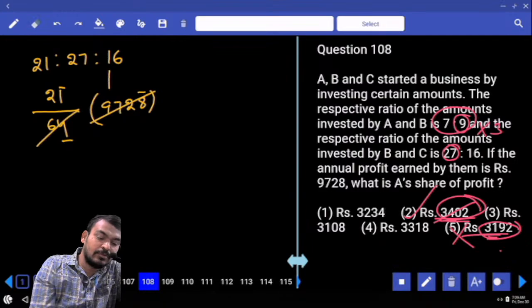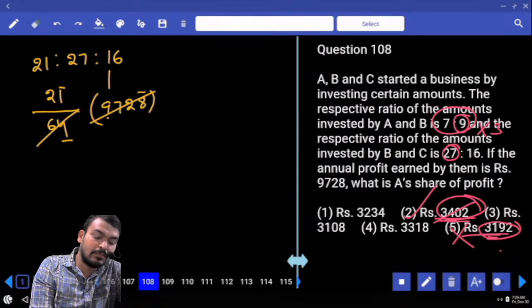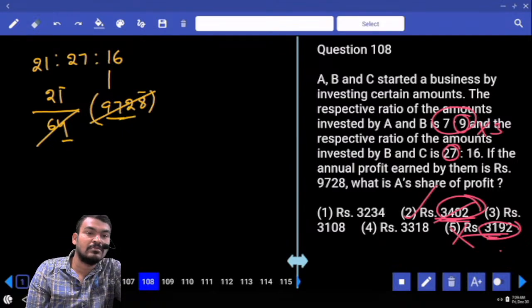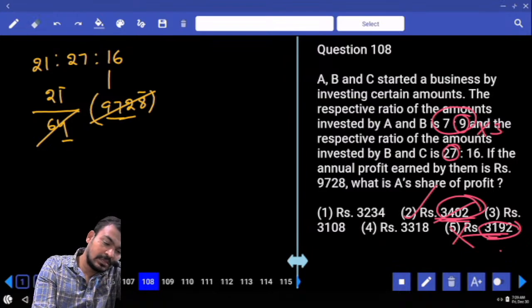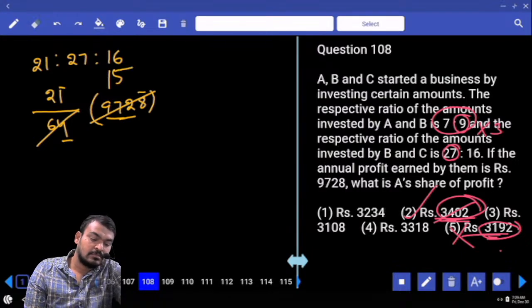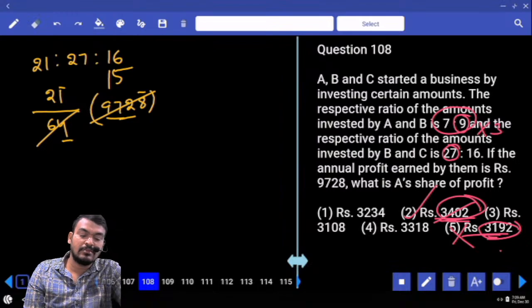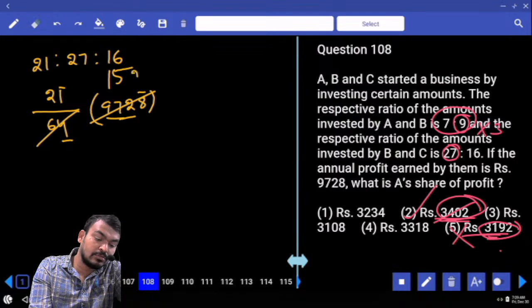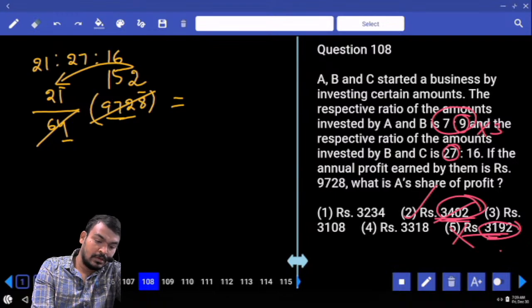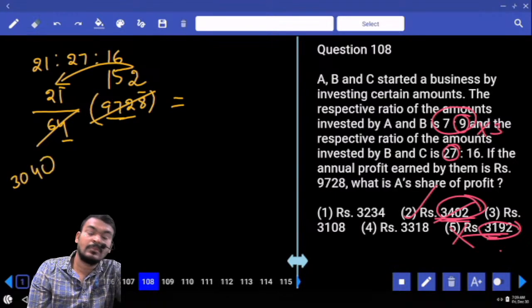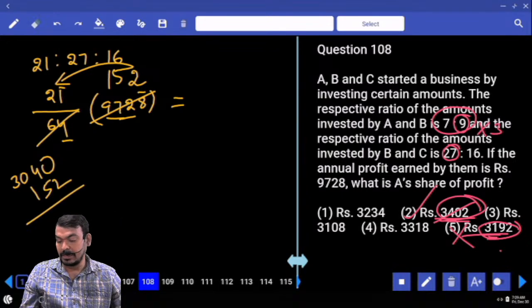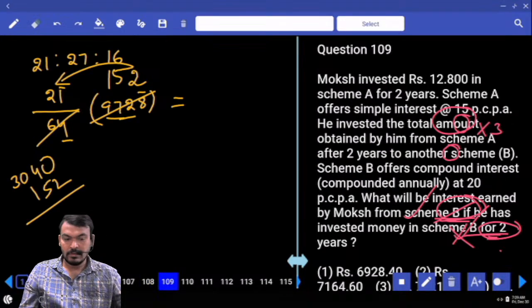Normal calculation. 64 how many times? One time. What is the remaining value? 332. 64 5 times how much? 320. What is the remaining value? 128. 128 means 2 times. 21 into 152. 152 20 times is 3040, plus 152. Total it will be 3192. Which option? Fifth one. Next question number